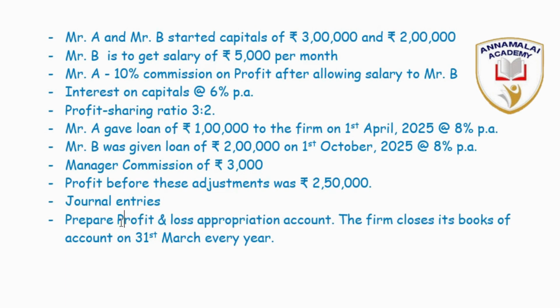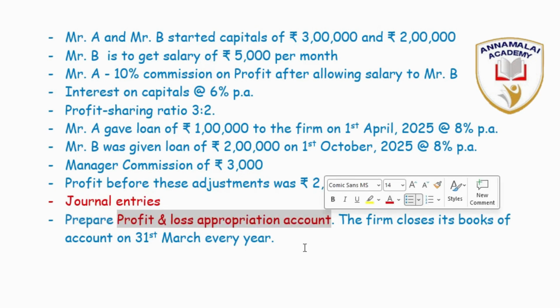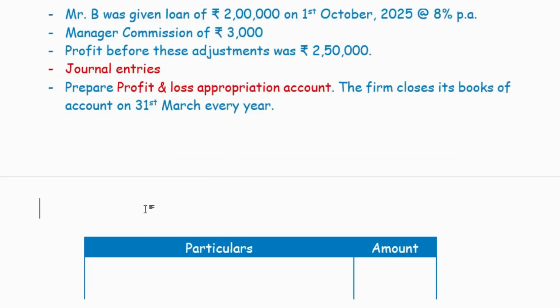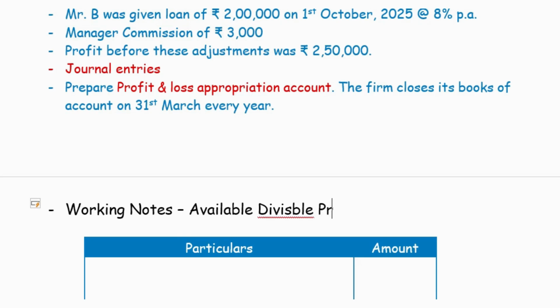So there are two parts of this question. One is passing of journal entries. The other one is the preparation of a profit or loss appropriation account. Before starting to pass the journal entries, we have to work out some additional information, working notes, to find out the available divisible profits